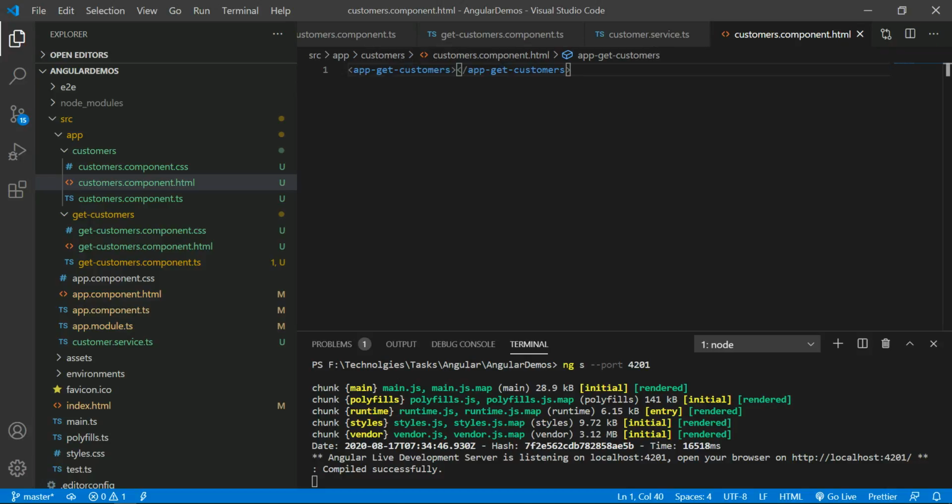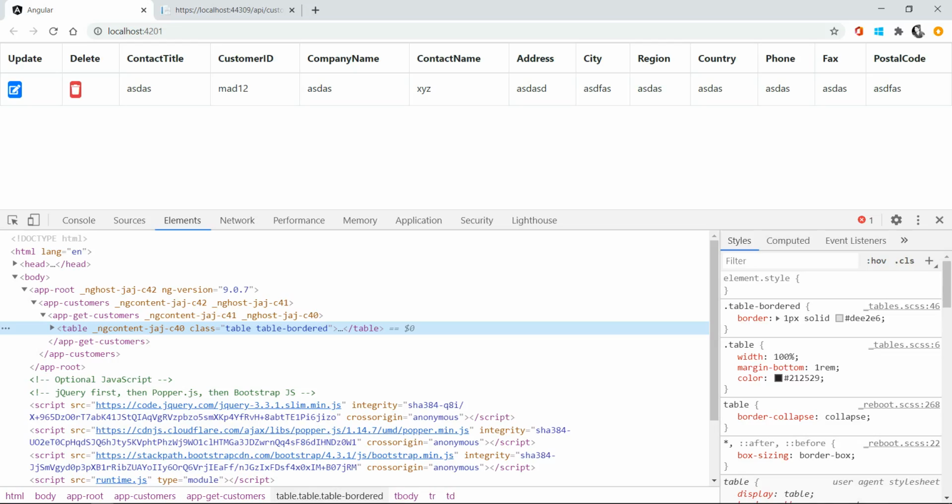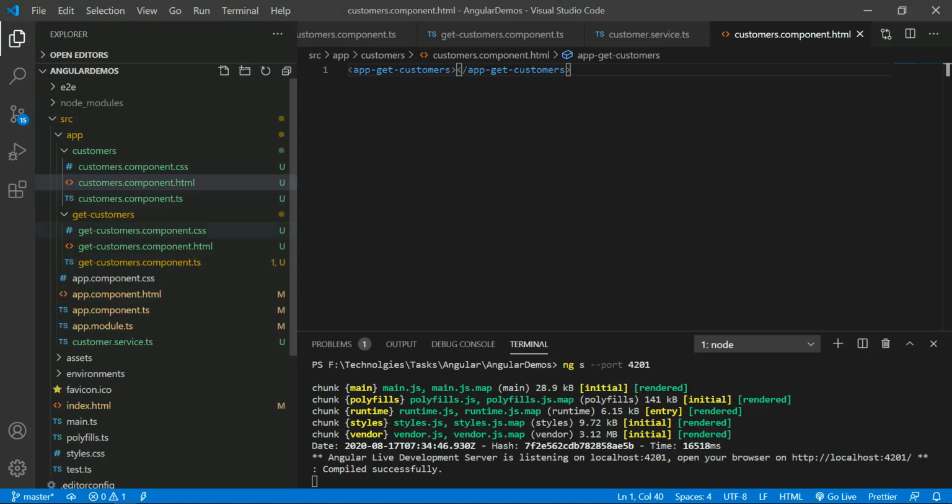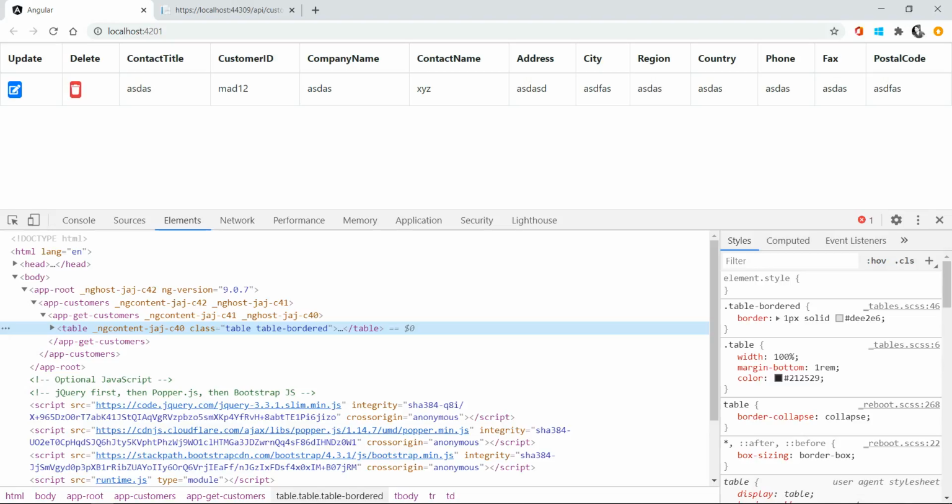So now my get customers is completed. In the next video I will come up with how we create the new customer by using a new template. Like this, the get customers is the new template, right? The same way I want to create the new customer by using a new template. For creating that new template, I'm going to use the modal pop-up. So how do I have to create the modal pop-up, and how do I utilize that modal pop-up as a component? All these things I will cover in the next video.